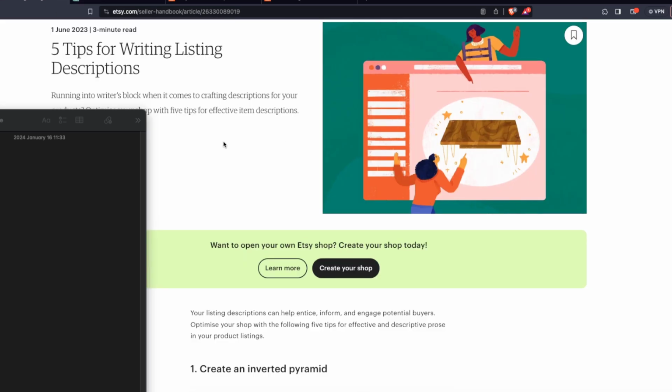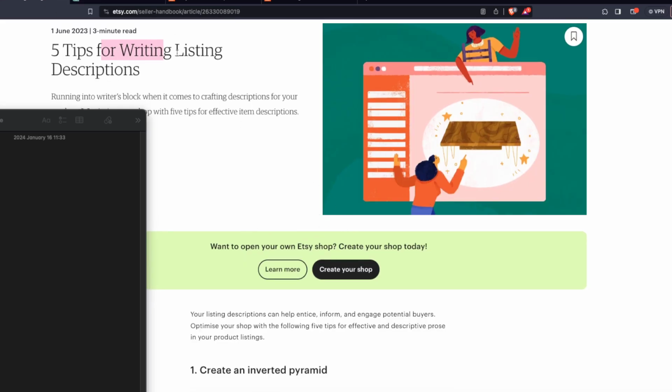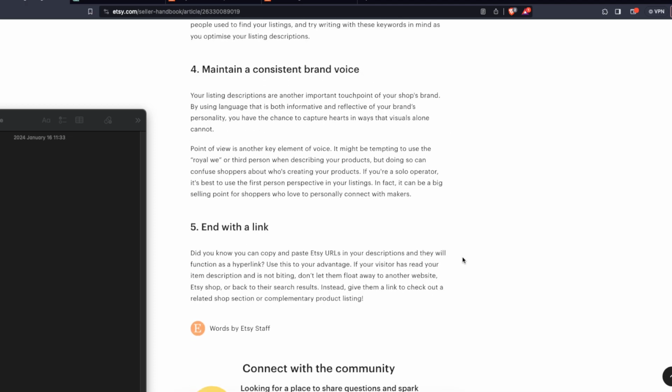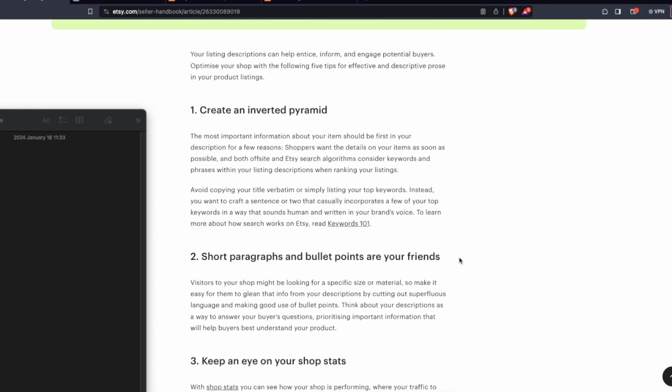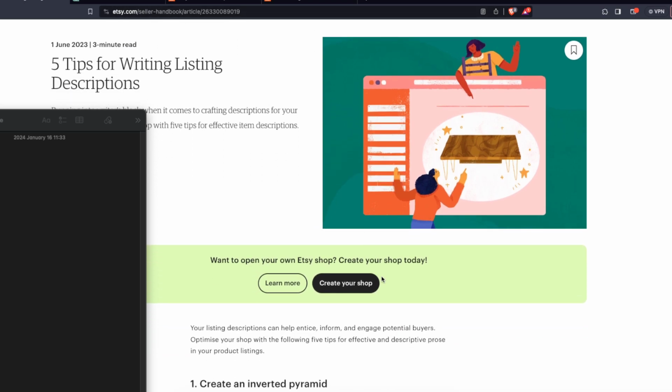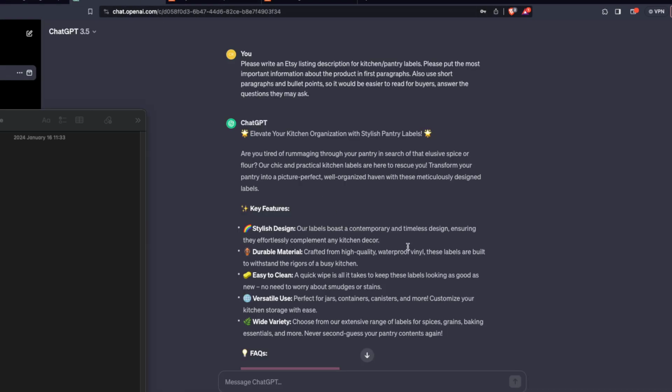Of course, don't forget these 5 tips for writing listing descriptions that Etsy wrote themselves. They actually write what is the most important to them. So I will leave this seller handbook link in the description below for you to check it out. You can also use this paragraph for yourselves to